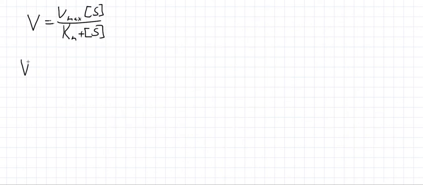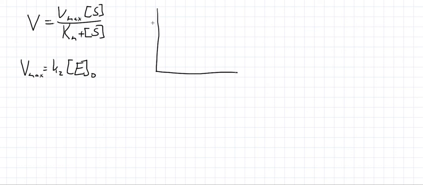Let's write our definitions over here. We said Vmax is equal to K2 times total concentration of enzyme. Let's see if that makes sense. Well, if we were to plot the rate versus the concentration of substrate, and just to make clear, we're talking about initial rates here, right? We could, if we wanted to, just do initial rates and initial concentrations. Okay, so we do a bunch of different experiments at a bunch of different initial concentrations of substrate, and